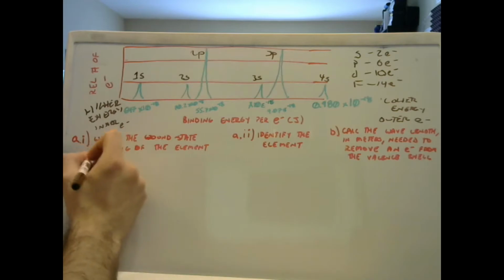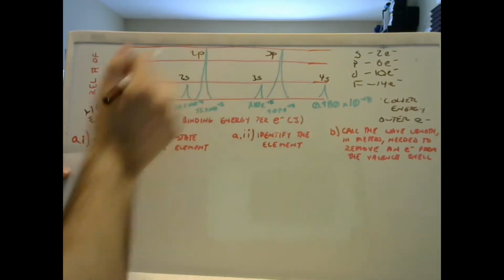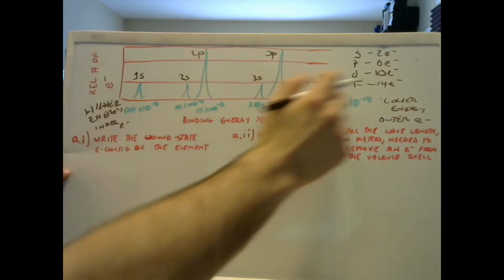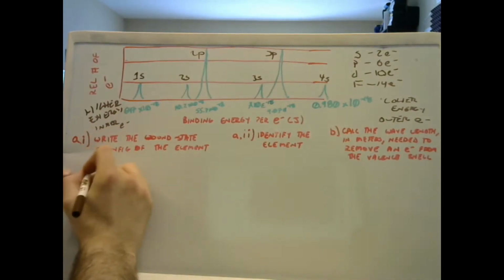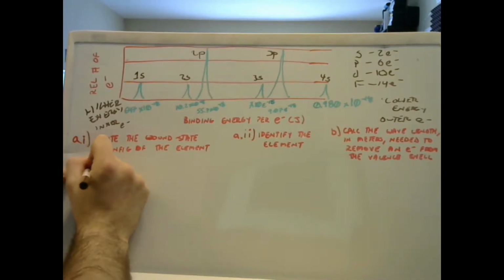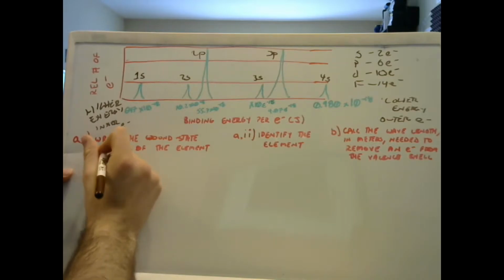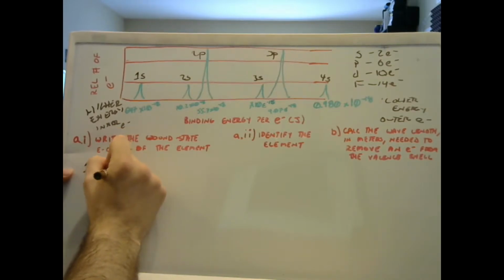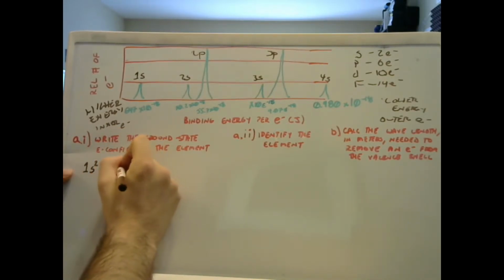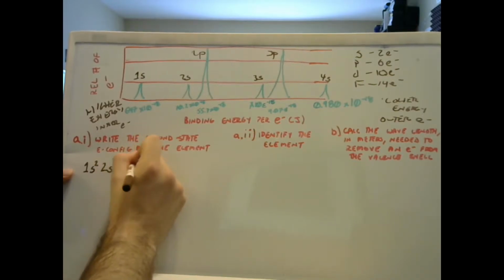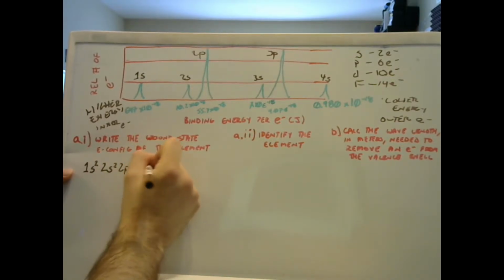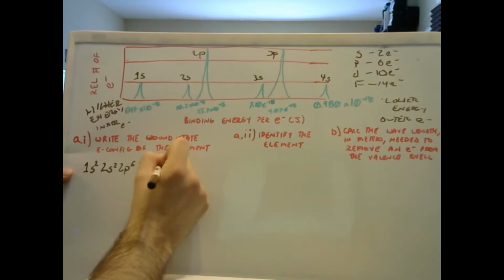Why? Because there's exactly triple the amount of electrons here than here, which means we went from 2 to 6. So that tells us that this is 1s2, 2s2, 2p6, 3s2, 3p6,